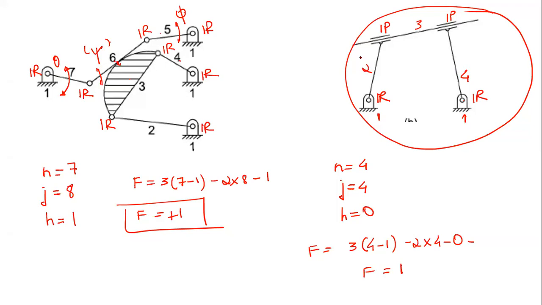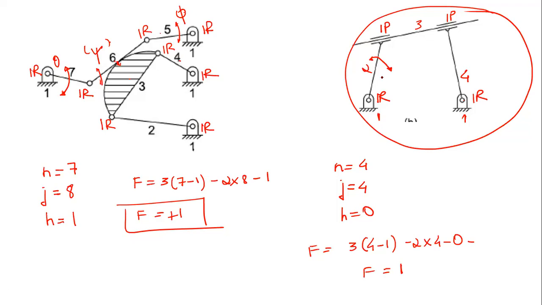Another way to interpret this is, let's say I am giving some motion to this input link. But if you observe, even if I transfer some motion to this input link, no motion will be transferred to the remaining links, that is link 3 or link 4. So what is going to happen? This input link will just slide with respect to link 3, but no motion is being transferred from link 2 to link 3 and then finally to link 4. So finally, I am transferring the input, but the output is always 0, right? That's why I am saying the degree of freedom of this mechanism will be equal to 0.